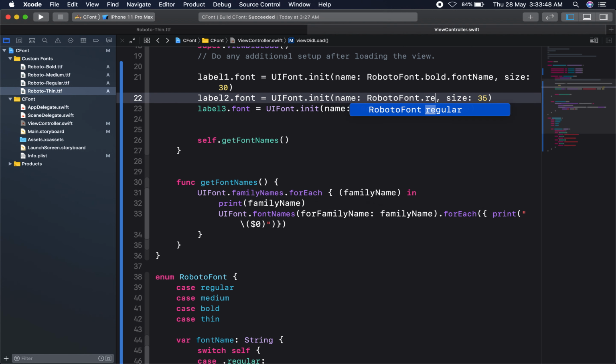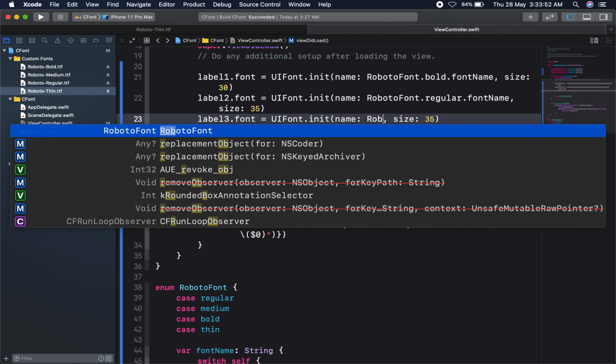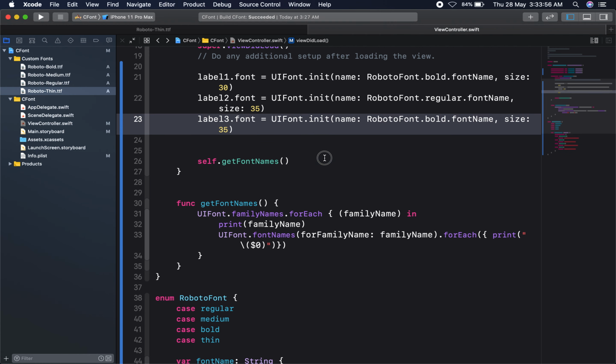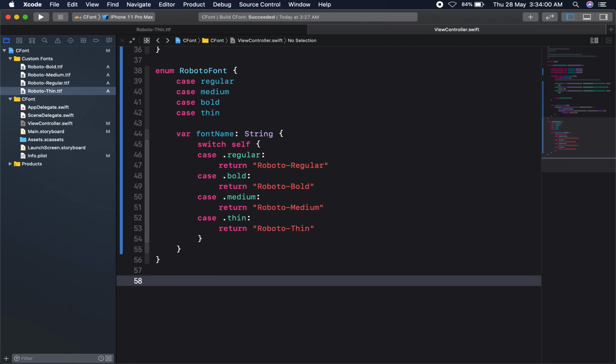Roboto font dot regular dot font name, Roboto bold dot font name. This will help us develop more without any bugs. Now I am going to extend my UIFont